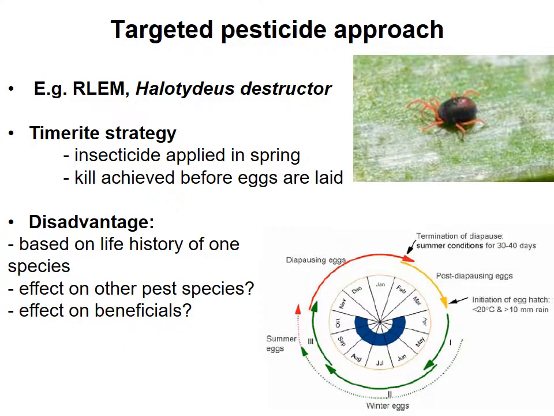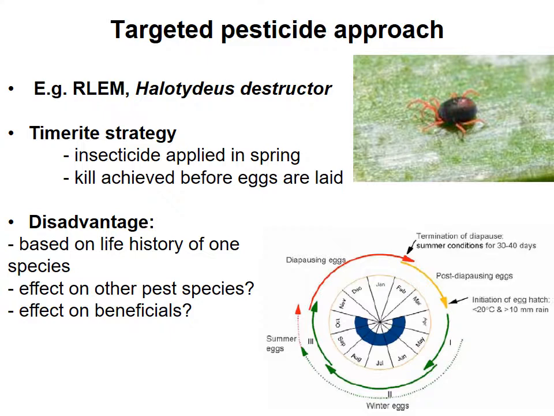Now, to illustrate the difference between an IPM approach and what's shown here as a targeted pesticide approach, we're going to look at the control of red-legged earth mite. Australian entomologists have developed an approach called the time right strategy, and this is based on the fact that this mite produces over-summering eggs that are quite hardy. They can survive desiccation. If the population is killed before these eggs are produced, then there shouldn't be a problem